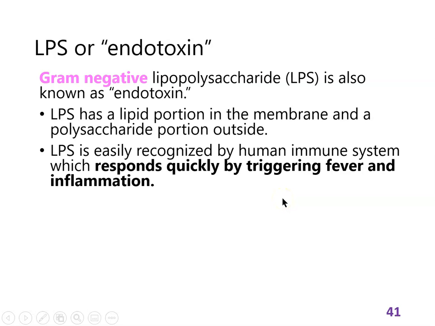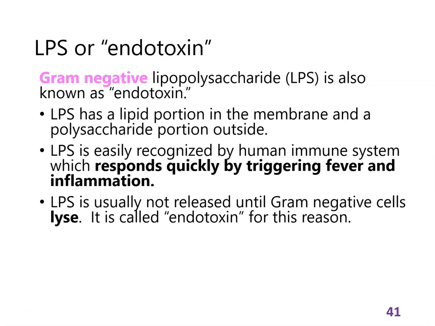It is easily recognized by the human immune system. So the human immune system notices it and says, oh, there must be gram-negative bacteria in here. And our immune system will quickly respond by triggering fever and inflammation. So we respond very strongly to LPS, and usually it's not released into our body until one of these cells dies and lyses. So that's why we call it an endotoxin, because it's an intrinsic part of the cell and they don't release it. It is within that cell,